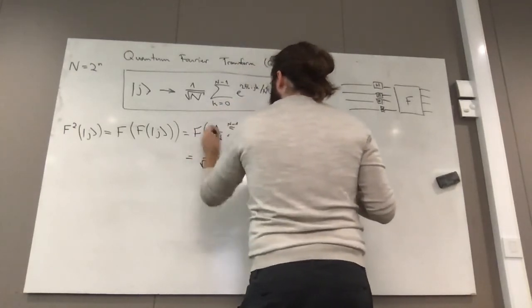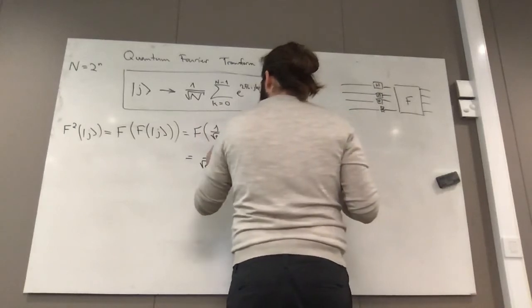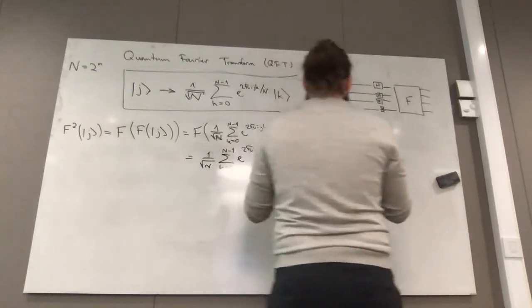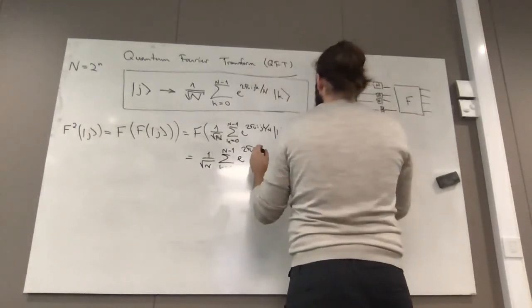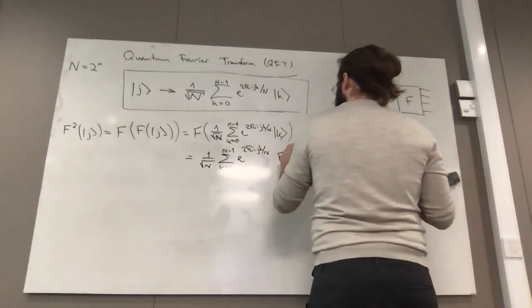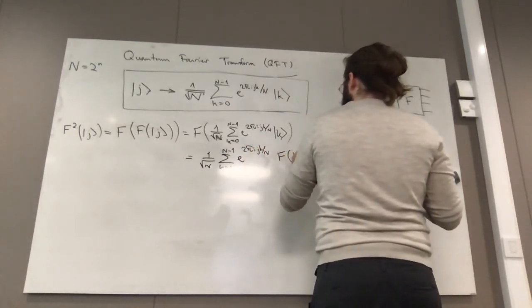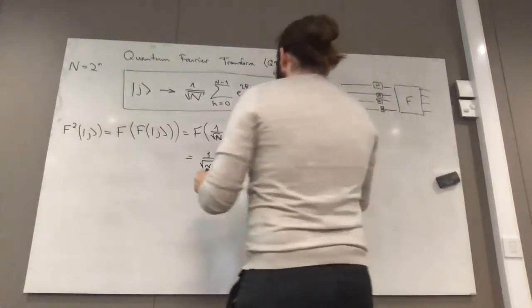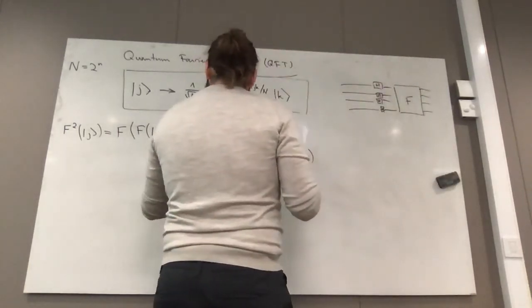Obviously I can take this F inside of the sum and let all of this be outside, e to the 2 pi i j k over n, and then F of the basis states k here,